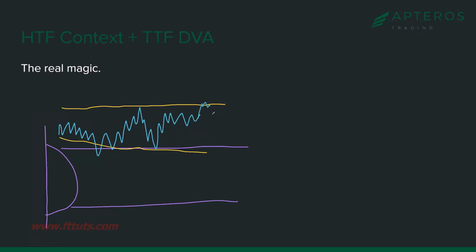Are we rotational intraday on our trading time frame? Are we rotational? Are we imbalanced up? Are we imbalanced down? What are we intraday with our DVA? See, look at that. Some answers coming in, imbalanced up. That's context.